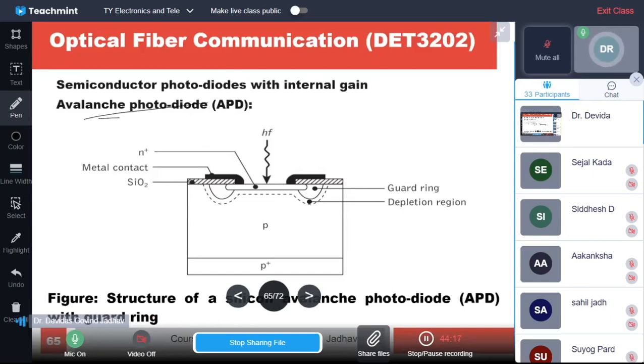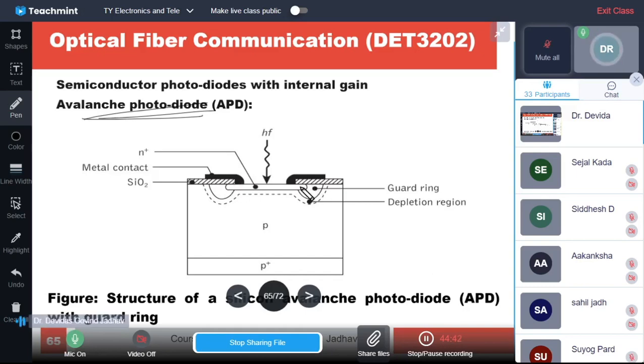So this is a front illuminated photodiode. This is having the N region, N plus region. So this is N region, N plus. This is P region, and this is P plus region. So this is a highly doped region, and this P region is a low doped, lightly doped region. So this is acting as the intrinsic region. So these are the edges where the leakage current is contributed.